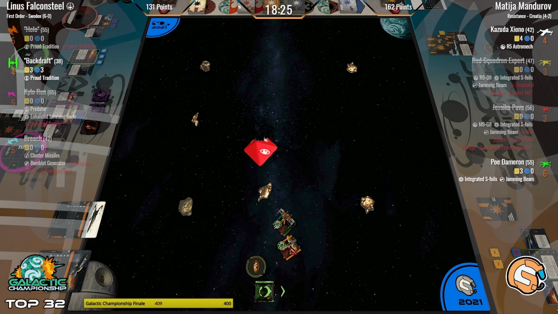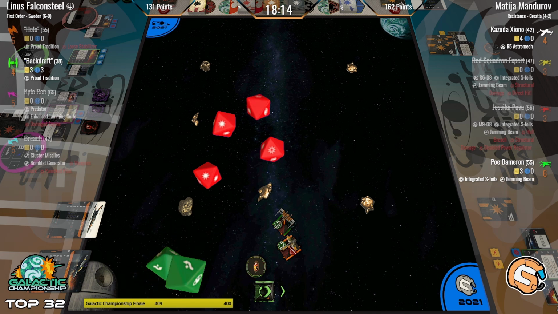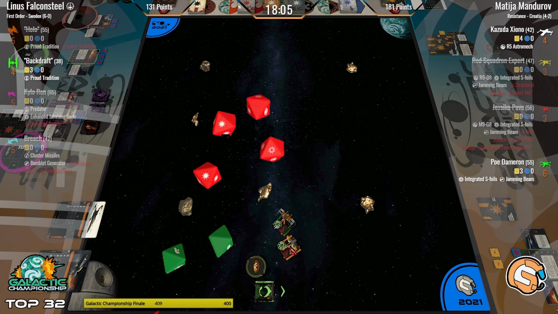All right, range 1, Poe into Backdraft. Kaz is going to have a shot 2. This is where Matija can close the door. 2 hits and a crit. Guaranteed single damage. You're taking 3. Call that half points. The light is dwindling as Kaz ends up with a range 1 shot. 4 dice, full string, smacking Backdraft around. 2 hits, 2 crits. Defense, you need